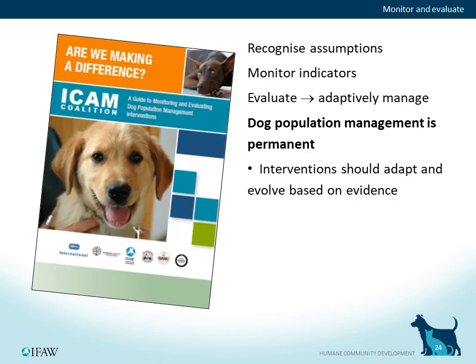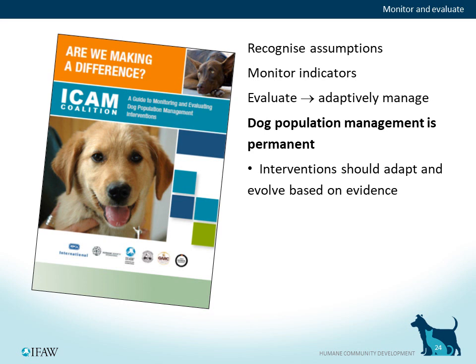Now, I shouldn't oversell initial assessment. It will provide important evidence-based insights into dog population dynamics, but resources for initial assessment are usually limited, and so there are always remaining assumptions and unanswered questions, and that's okay, so long as those assumptions are clearly recognised. Because what we need to do going forward is to monitor indicators as the intervention progresses and take the time to evaluate the data produced by that monitoring to see whether the intervention is working and whether those assumptions appear to be holding true, and then use that learning to adapt and improve the intervention.